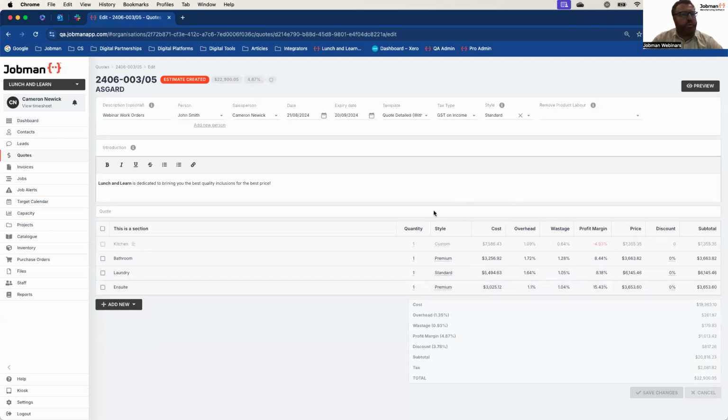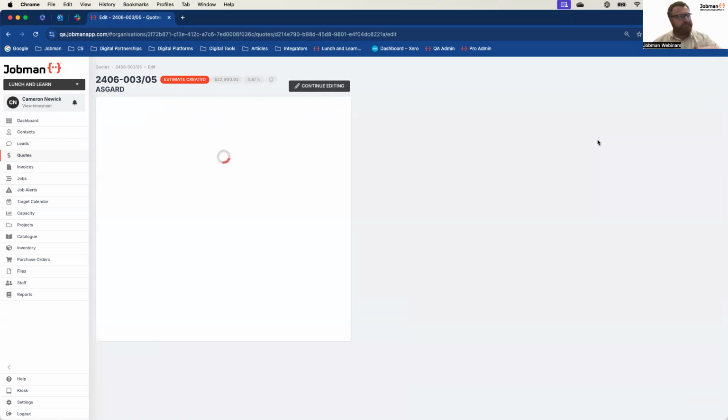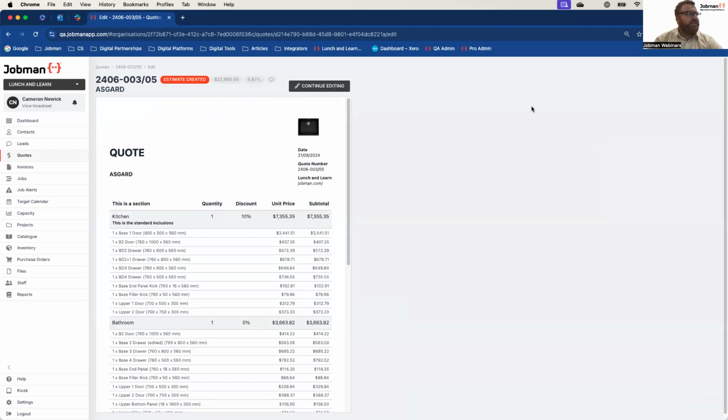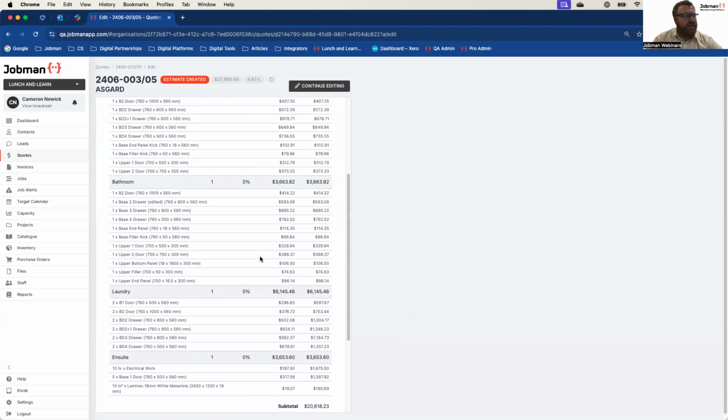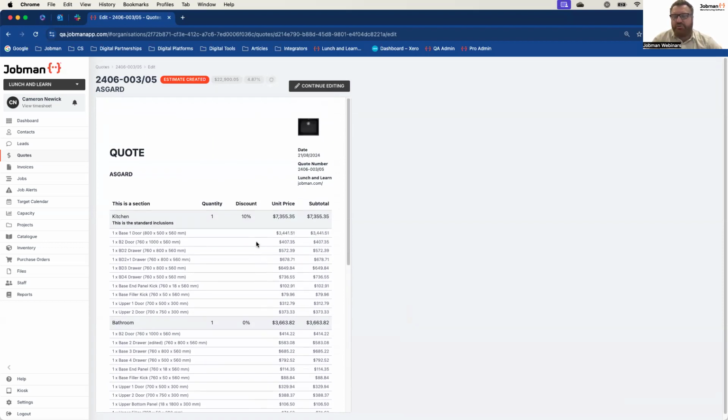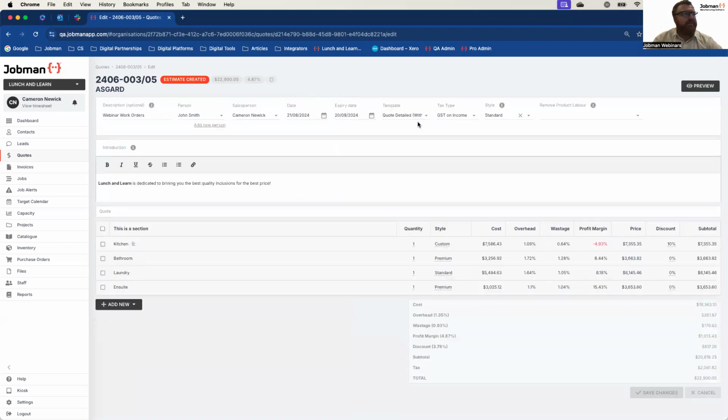Now, I want to show you one last quick thing in here, just so that we go back to where we were talking before. And this is the quote templating. So the advantage of templates, like I said, is I can change the template between systems to present the information to my clients in different formats. So I've got one here, which is a very complicated quote template, which shows all the inclusions, all the breakdown in pricing, all the sizing, everything here, just to give you an idea of really what the full scope potential of this software can be.